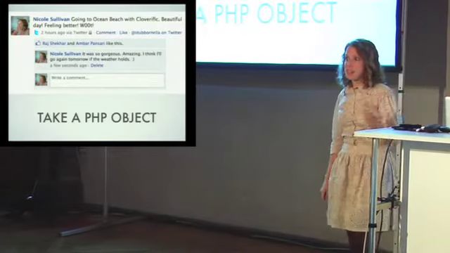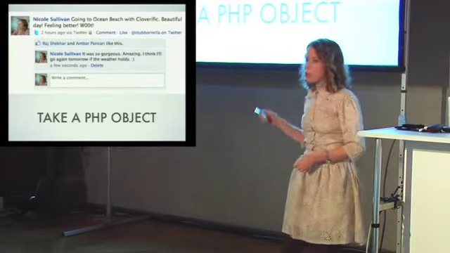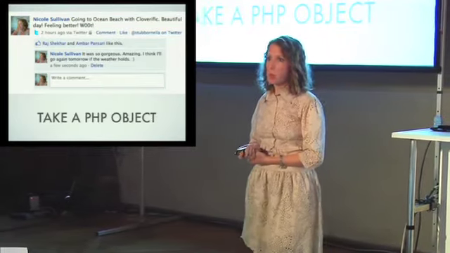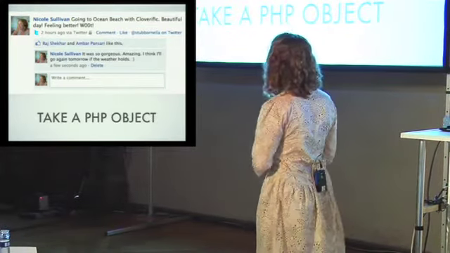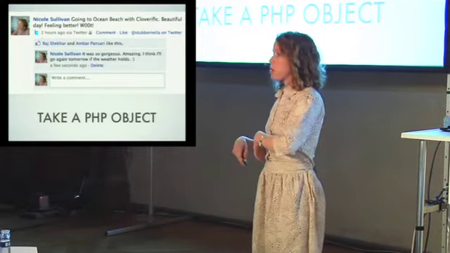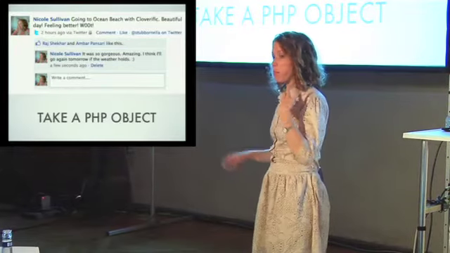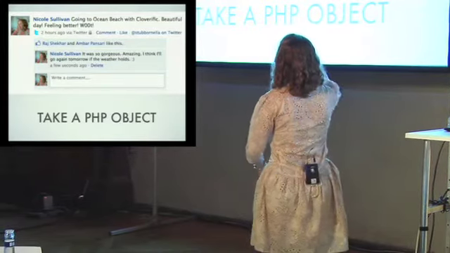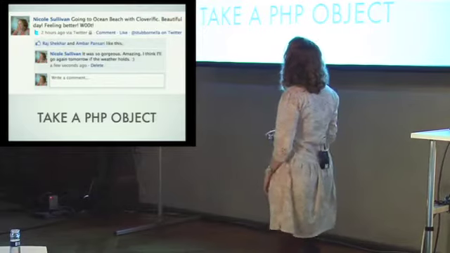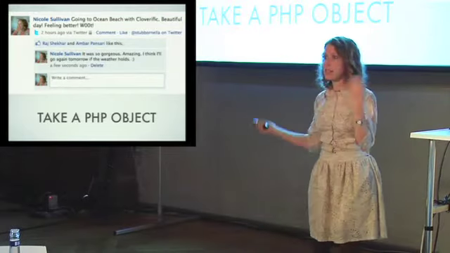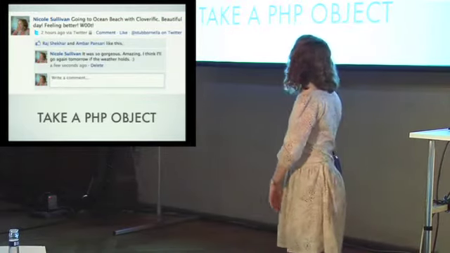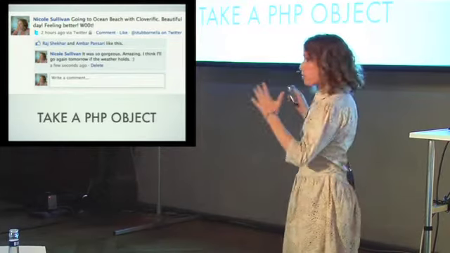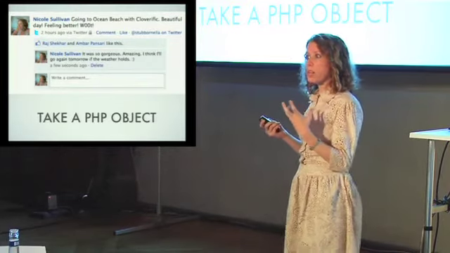So let me show you a practical example. Is everyone familiar with this? It's a stream story on the Facebook website. So in the PHP, this might be one object, stream story, and it has comments, so there's me saying something at the top and a couple of people liking it and then me talking to myself below it. And in the PHP, that all fits together as one object, right?